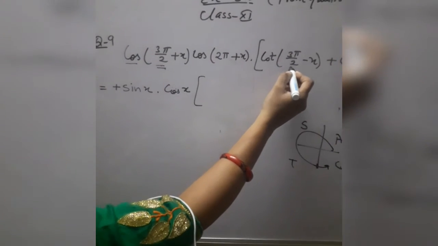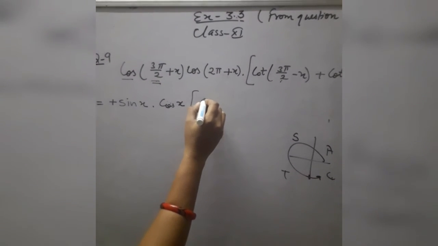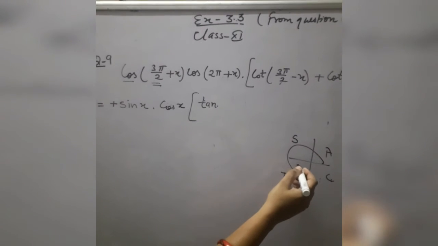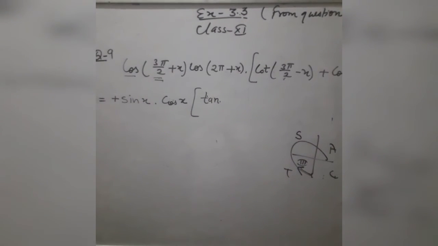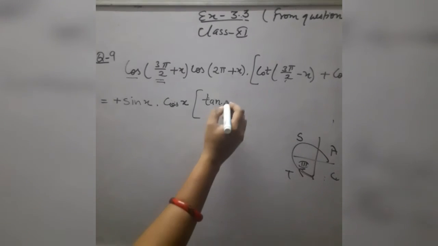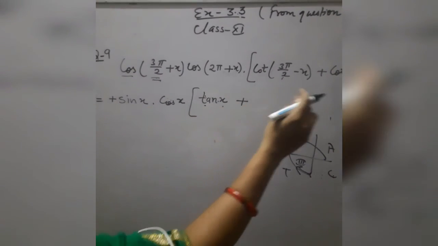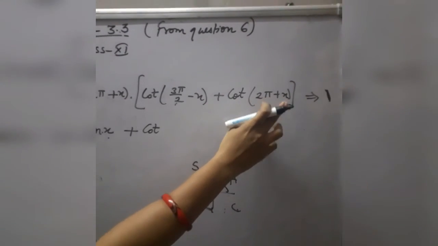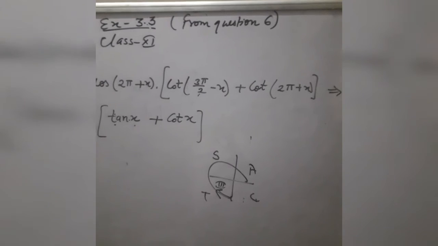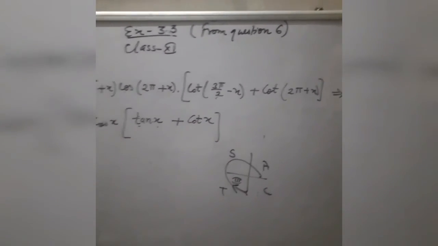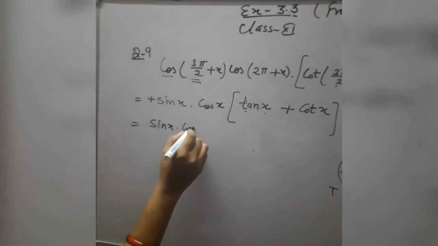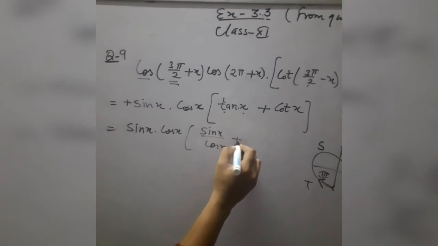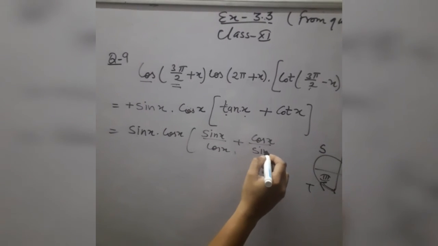Now into, see here, in case of 270 again this cot is changed into tangent. 270 minus something means you will reach the third quadrant, and in third quadrant tangent and its reciprocal cot are positive, that's why you will take plus tan x. Now in case of 360 this cot remains as it is, and 360 plus something means first quadrant. In first quadrant all are positive, that's why this is equal to plus cot x. In the next step, change tangent and cot in terms of sine and cos. It can be written as sin x upon cos x plus cos x upon sin x.